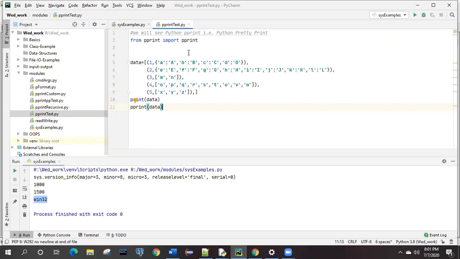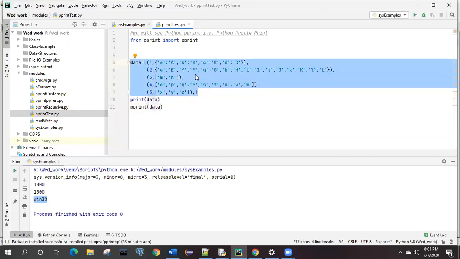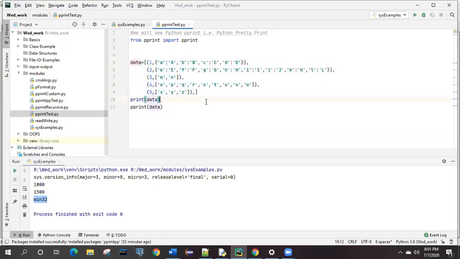Okay, so this is one of the examples. pprint simply means pretty print. Got it? So see, this is one of the data, and what actually is this data? This data is nothing but a list, right? And this list has some elements inside it. The square braces tell us that this is a list. Inside that some values are there, and corresponding to that, this is the map, the dictionary.